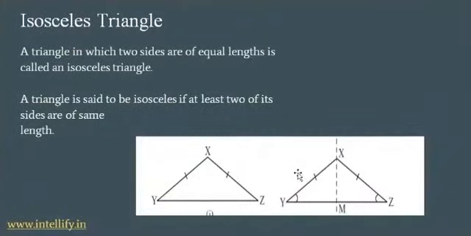And if you want to remember which angles are equal in an isosceles triangle, in this particular diagram, if XY and XZ are the equal line segments, then the angle at the common point X will be the unequal one. The angles made at Y and Z will be equal. I hope this is very clear.